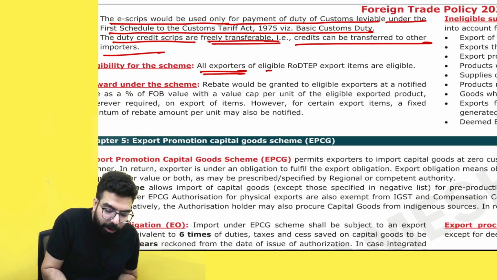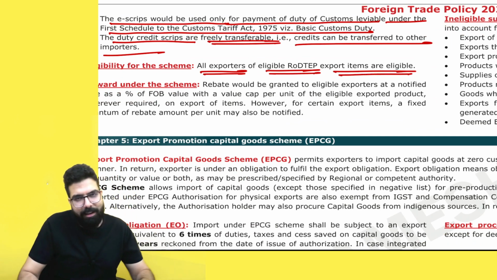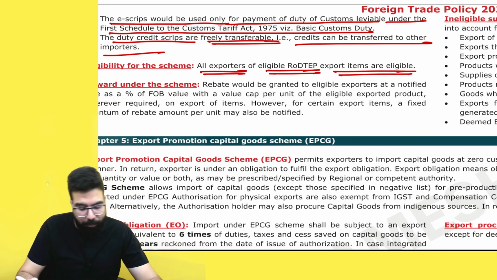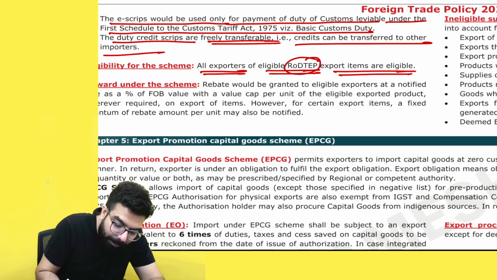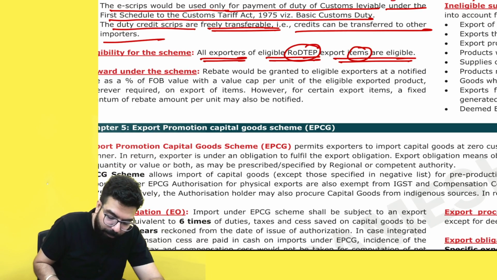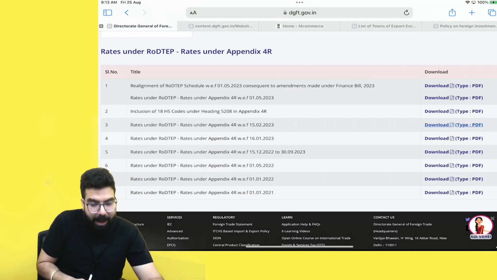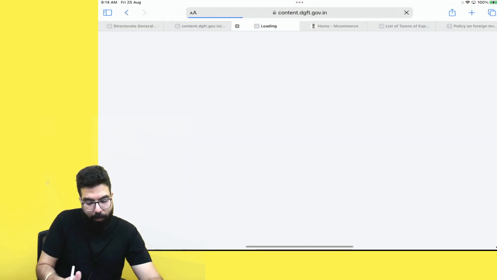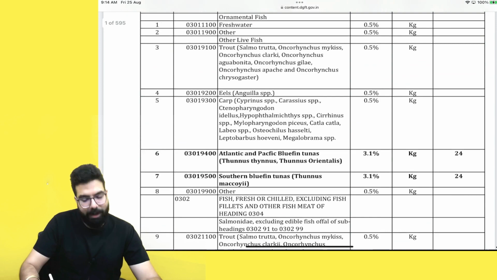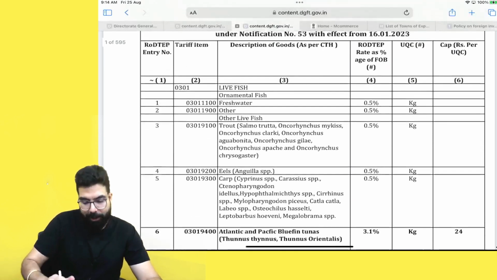Sir, all exporters of RoDTEP items are eligible. Sir, who are eligible for this? All the exporters are eligible for RoDTEP exported items. Sir, what are the RoDTEP exported items? Baba, it is already given. When you go over here, these are the RoDTEP rates, etc. You have to click over here. You will be able to see whether your item is eligible for the RoDTEP or not. Next,